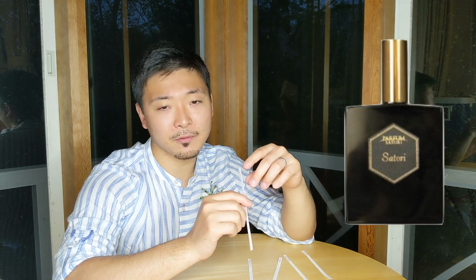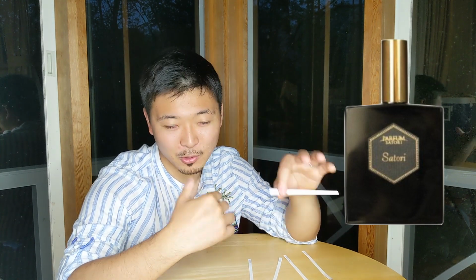The projection is moderate. It doesn't scream off your skin. Very smooth and rounded again. And it's really easy to wear all year round. I would say it's a mature scent, but it would be a great signature scent if you were able to pull this off. If you like ouds and you're expecting something really daring,